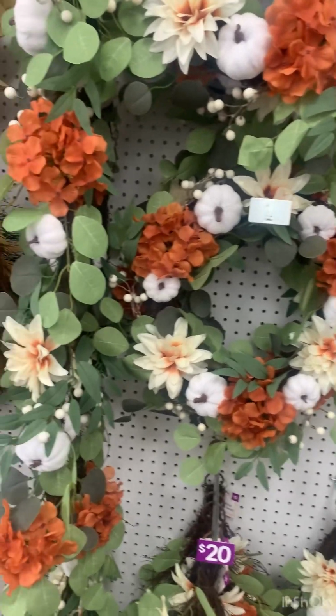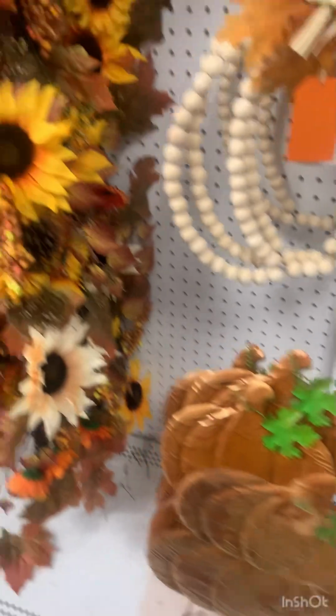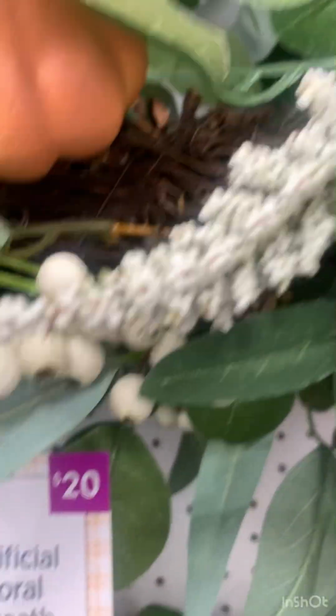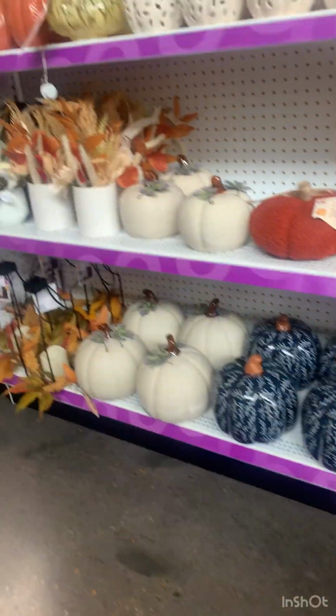They were good, but you have to remember right now, Hobby Lobby has their $44 items, $34 items. All their items like this were on half off, I believe. If not, it was at least 40% off. So you were about the same, and it seems like Hobby Lobby's were a little larger